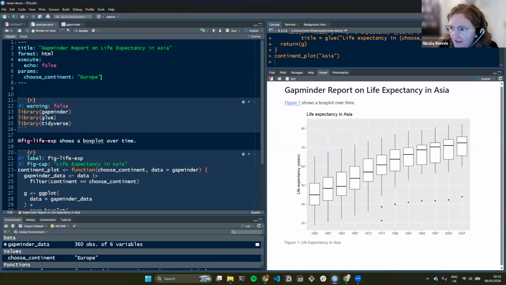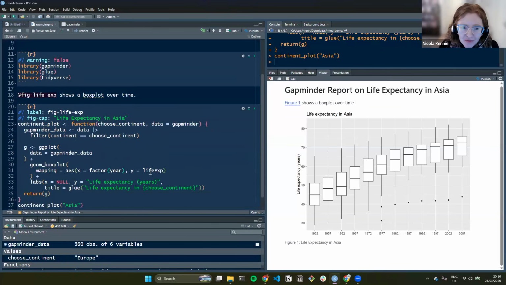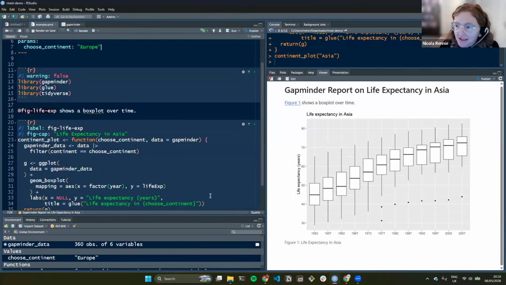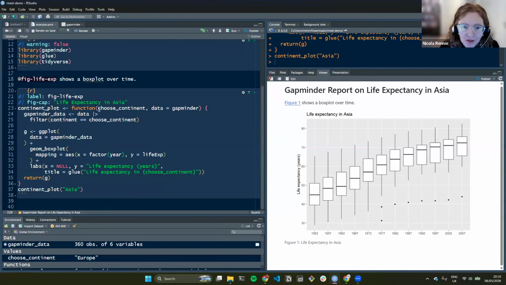Okay. So what that means is that rather than hard coding in which continent we want to plot in here, by passing in choose continent, what we can do is do params$choose_continent. Okay. And now if we re-render that,